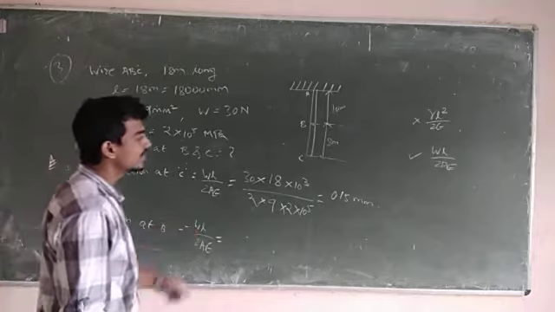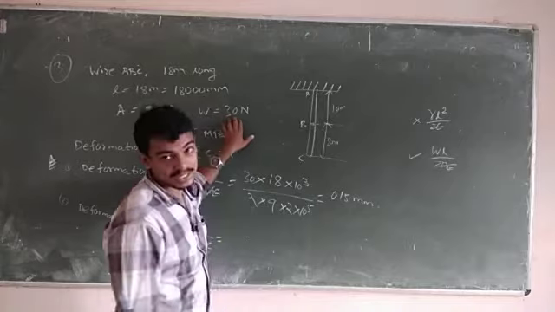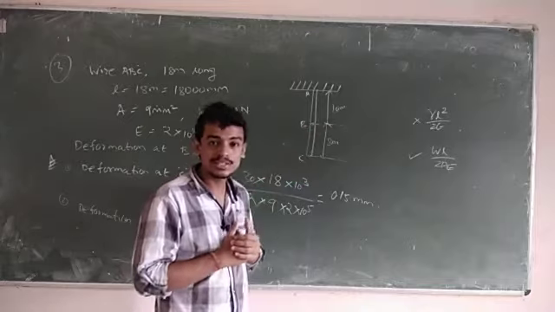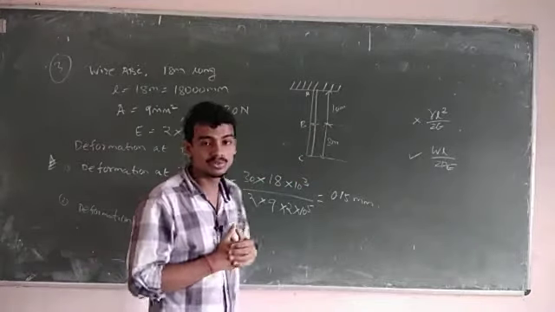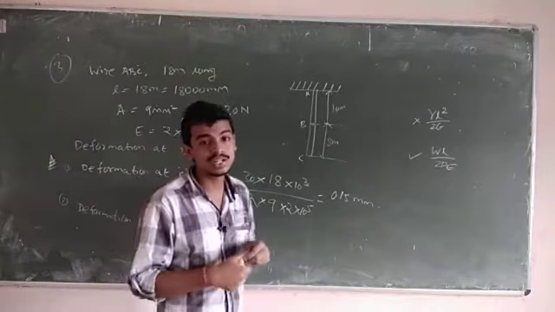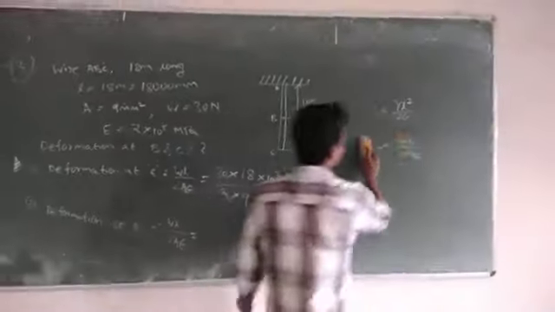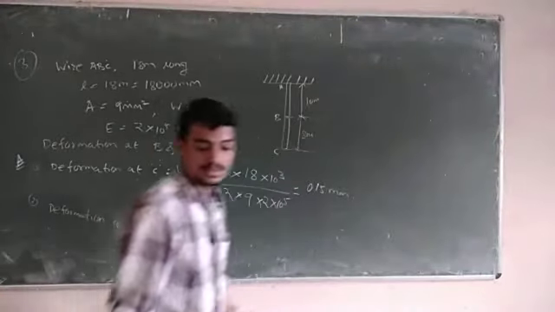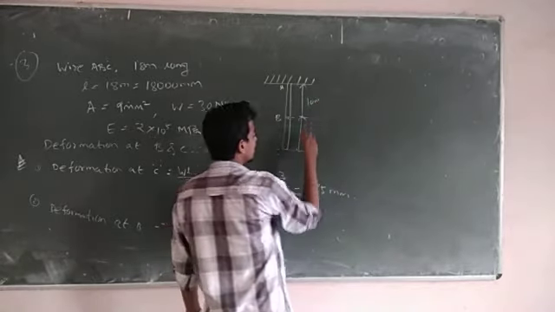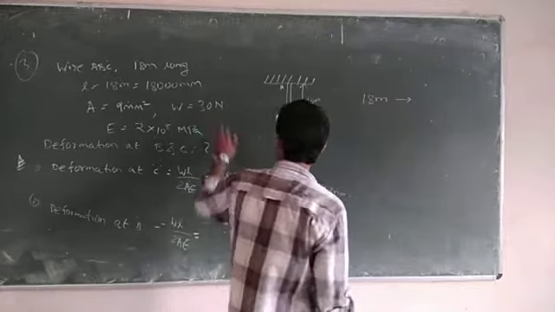Now, what will be the weight at B point? Because the total weight of the bar is 30 Newton. As you are calculating at C, it is covering the whole material. That is why you took the total weight, you have taken W as 30 Newton. But at B point, you cannot take 30 Newton. In that case, what do you have to do? You have to calculate what will be the weight at B point. How to calculate? When the length of the material is 18 meter, then the weight is 30 Newton.